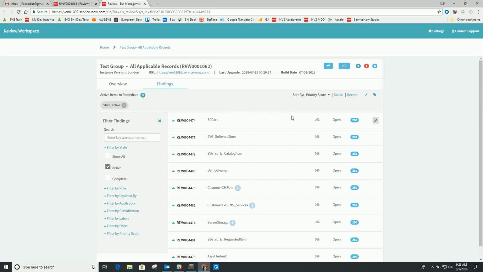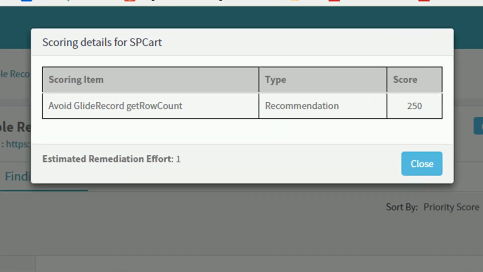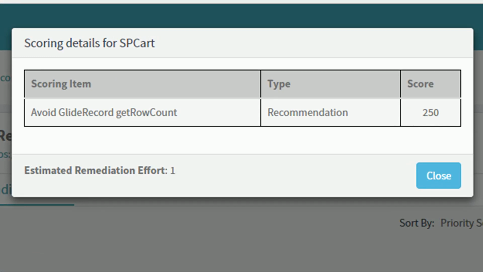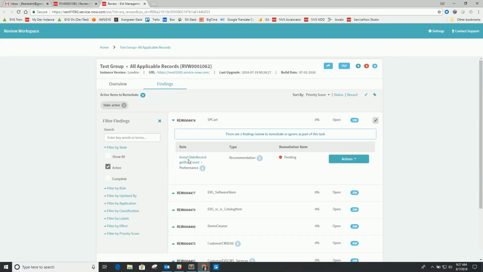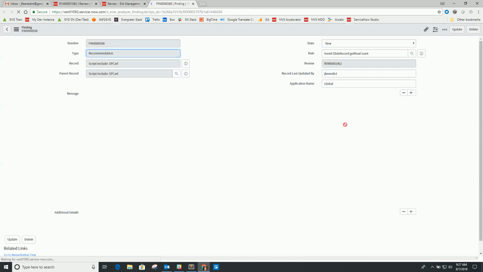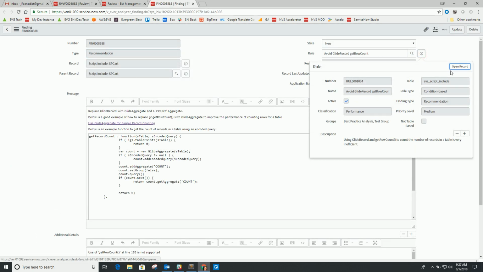So the first thing you'll see is all these items have basically the same score. If you click on the score, you'll see for this one, it had one finding, and got a score for that recommended finding of 250. So where that comes from is if we navigate to the actual rule record, which you can click through to, from the finding, to the rule,